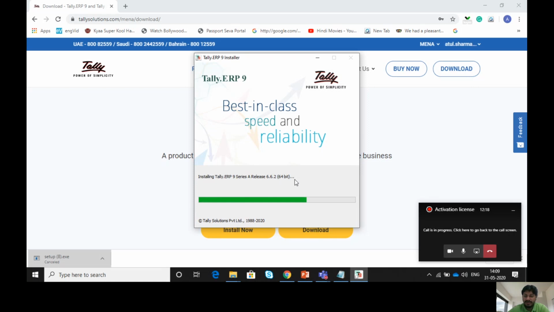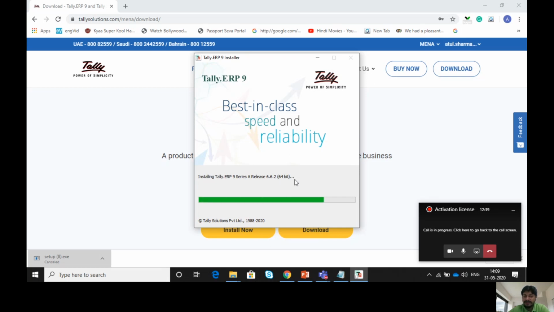It depends on the system speed as well. If you have good speed or good space in the system, it will get installed, and it will not take much space in your system.